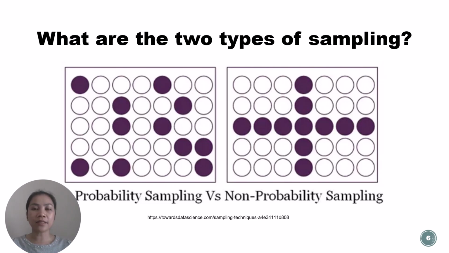On the other hand, non-probability sampling does not rely on random selection. It is often used in exploratory research or when creating a sampling frame, which is a list of the population, is not feasible. Random sampling is mostly used if you know how big the target population is. If this is not possible, then we usually use non-probability sampling.